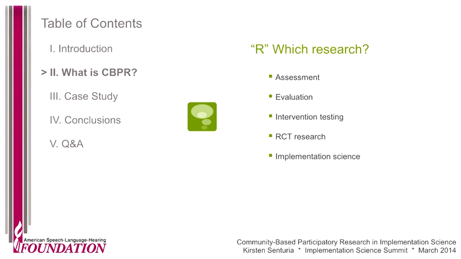Finally, what kind of research are you going to do? Is it going to be community assessment, for example? Is it program evaluation, which is what I do a whole lot of? Are you going to be testing interventions, or whatever word we're going to use besides interventions? Now I don't remember what I can use. Is it going to be randomized control research? You actually can do CBPR with RCT research, and maybe it's involving the target community to identify ways to make the research more equitable for treatment and control groups. And then finally, is it going to be somewhere along in there an implementation science project, looking at how to move efficacious treatments from the lab to the community setting?